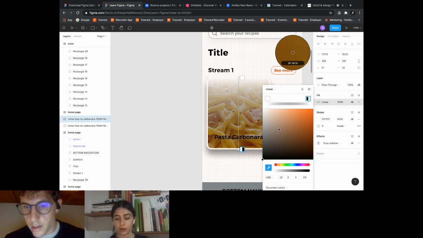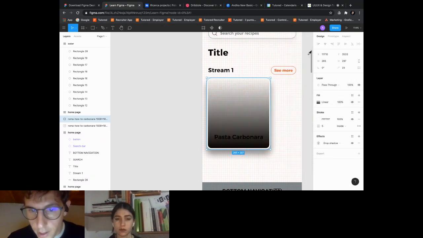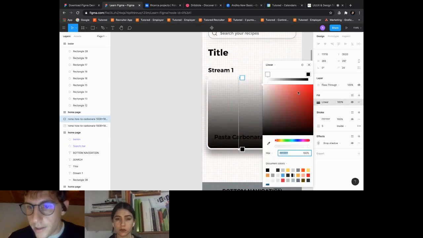So we want a black linear gradient, but we want to see the image before, so we can put 0% on our opacity of the second color.